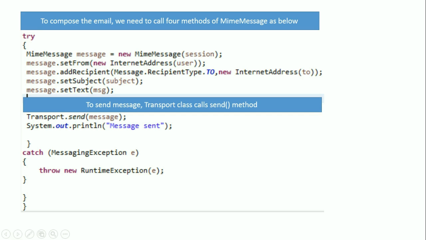These should be called. After that, the third step, we need to send the message. To send a message, we call the send method of the Transport class. So I have passed Transport.send with the message. If you get the message sent on the console, it means you have already sent the message.